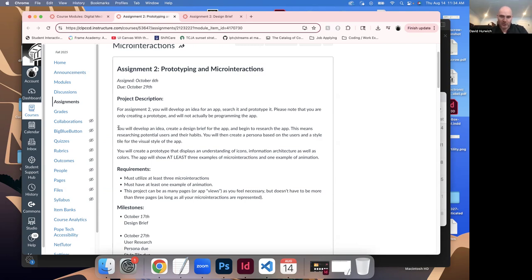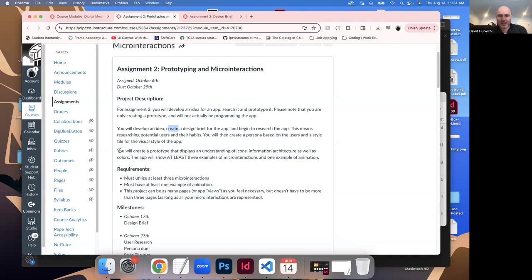So what you guys are going to do is come up with an idea. And we're going to go through some of the elements of UX. So we're going to do a design brief, which we talked about today. You guys are going to do some research, which means you're going to interview people, whether that's interviews or surveys, to get information about what to do for your project. How would this information fit into what your users would want and that sort of stuff. You're going to make a persona based on the research you collected.